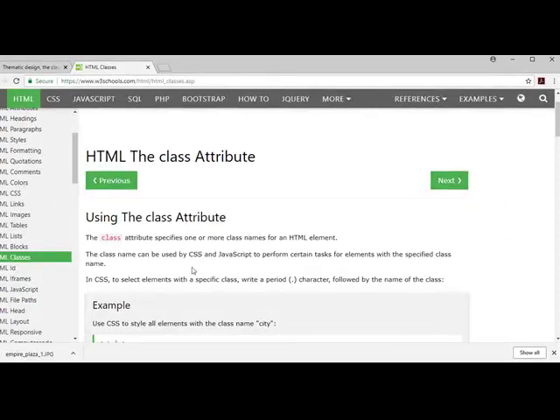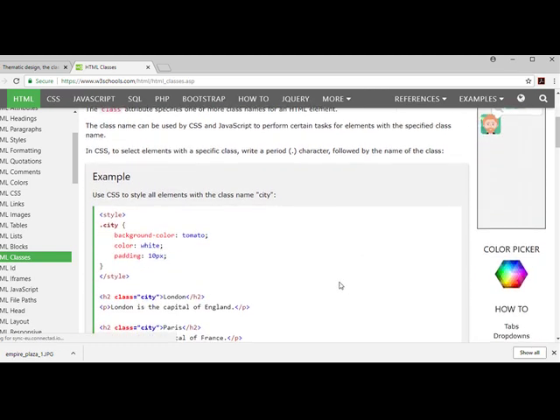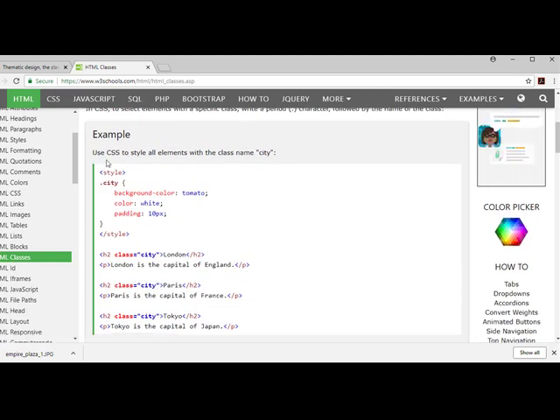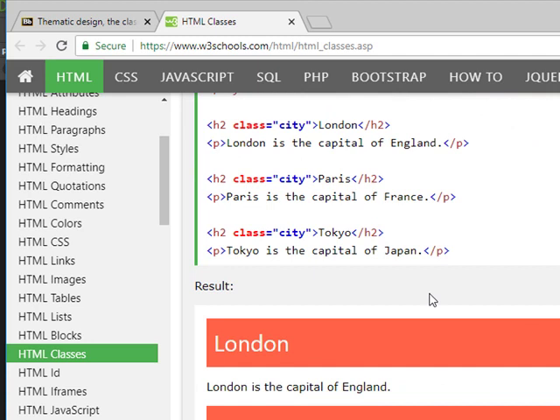And it says here the class attribute specifies one or more class names for an HTML element, meaning you can use it as much as you want. So this is how you would write it. So in CSS, if you want to target a specific class, instead of the hashtag, like we do for IDs, we do period, okay, for city. So let's look at their example